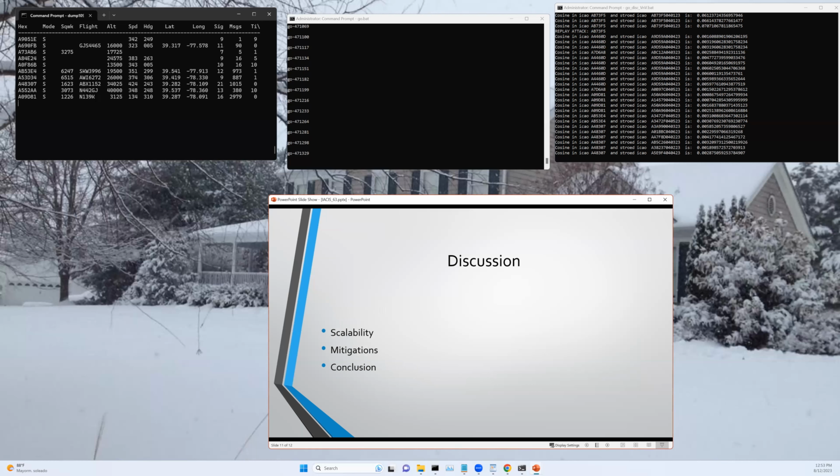So the detection program performed cosine similarity on various replay attack scenarios. In validation testing, it was able to detect all the invalid ICAO IDs for all three tests: the single, the swarm, and the spaced. And the test that I'm running in this ongoing demonstration is a spaced attack.